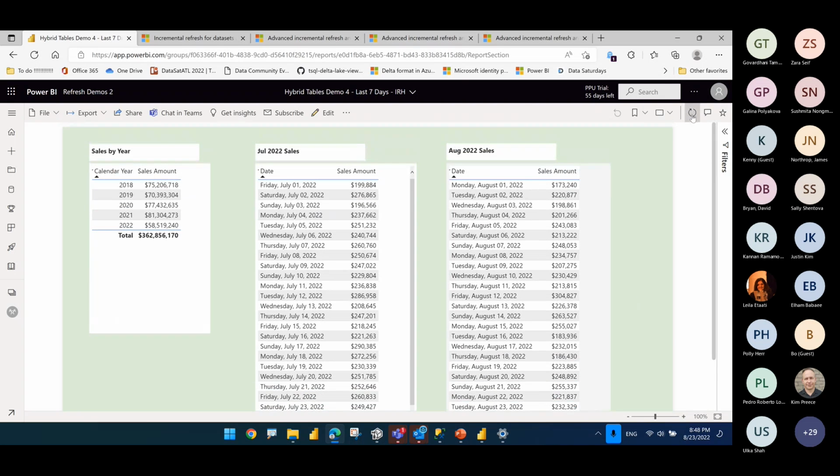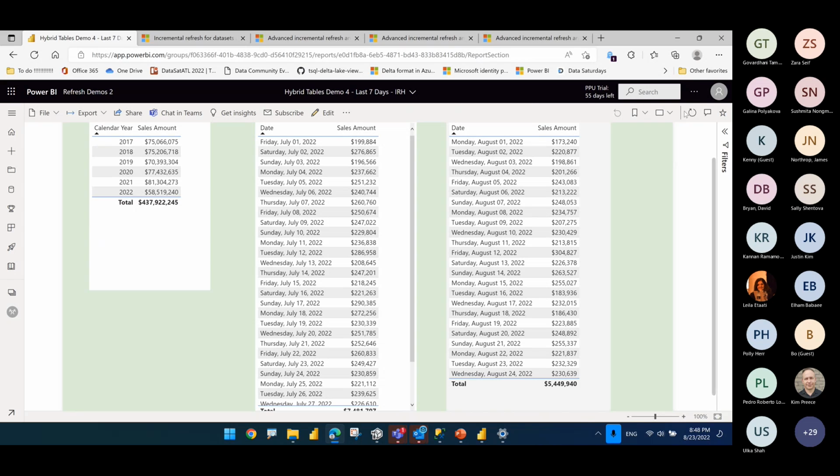Okay, and I'm going to hit this. This one here is not a data set refresh. This just refreshes my visuals. It doesn't actually pull data. The only thing that this will cause to update is the data for the 24th that's in DirectQuery. It will submit a new SQL query to the backend. Everything else is already in Power BI's memory, and until I do some kind of refresh, it's not going to be updated. Okay, so I just want to make sure I have the latest, but sometimes this caches, so sometimes you have to do this refresh.